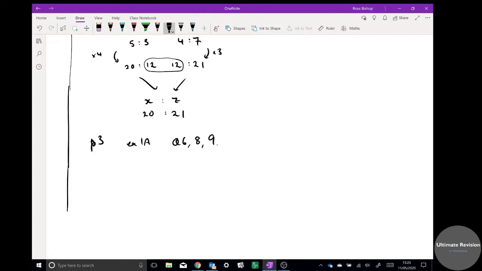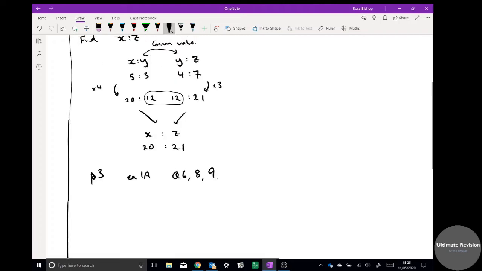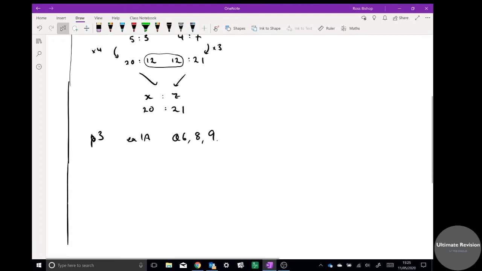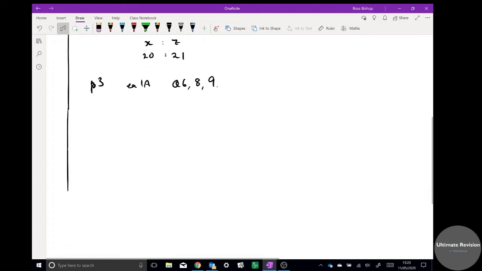So questions 6, 8 and 9. Pause the video and spend some time doing that. The answers are in the back of the book, so you can check your answers. Please set out your work nice and neatly. That is the first bit. We're going to do a bit more though, so work through those at your own pace, and then when you're ready, we can move to chapter 1.2, which is simply